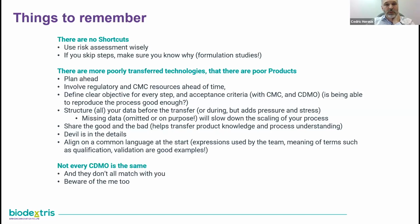There are more poorly transferred technologies than there are poor products. We've seen too many projects fail for poor planning with very good products. So we mentioned surrounding yourself with a good team. That's important. Make sure that anything you share with your